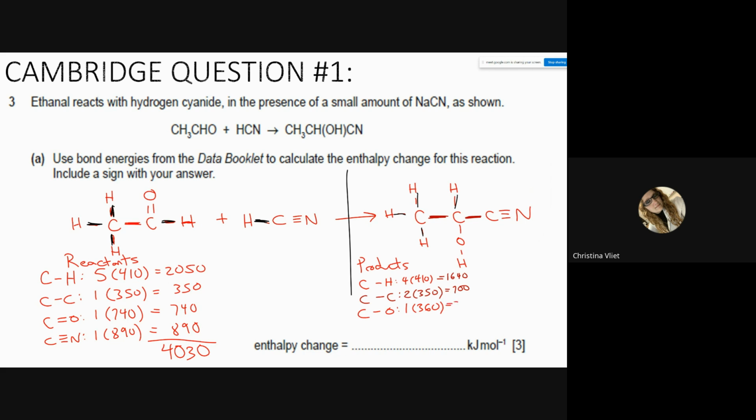So 1 times 360 is 360. What's next? OH. OH is, we didn't have that before, right? So that we got to figure. So it's 460. And C triple bond N, which is 890. 1 times 890, which is 890. Add up all those numbers, what do we get? I get 1640 plus 700 plus 360 plus 400 plus 890. I get